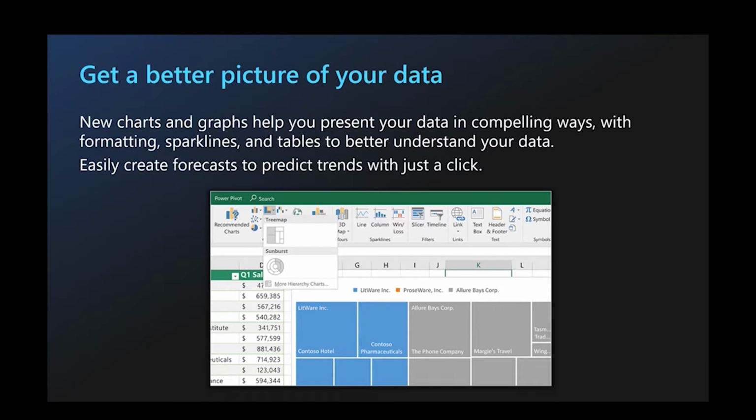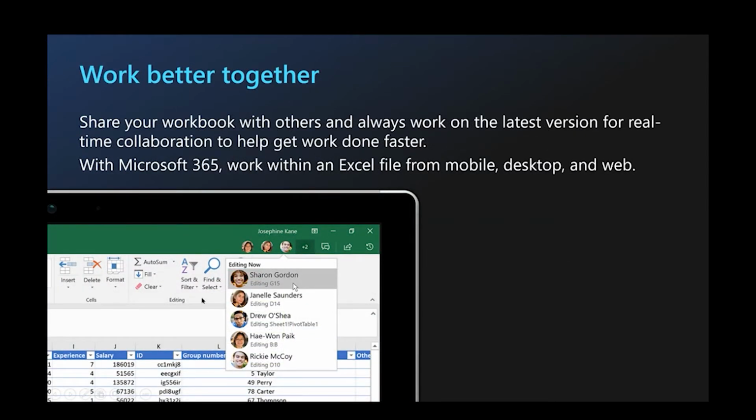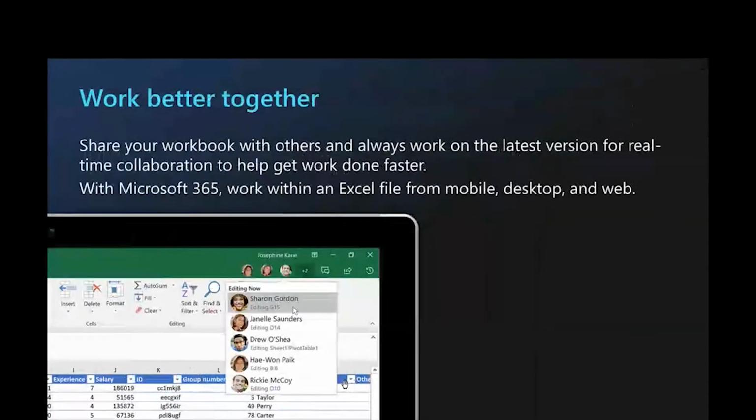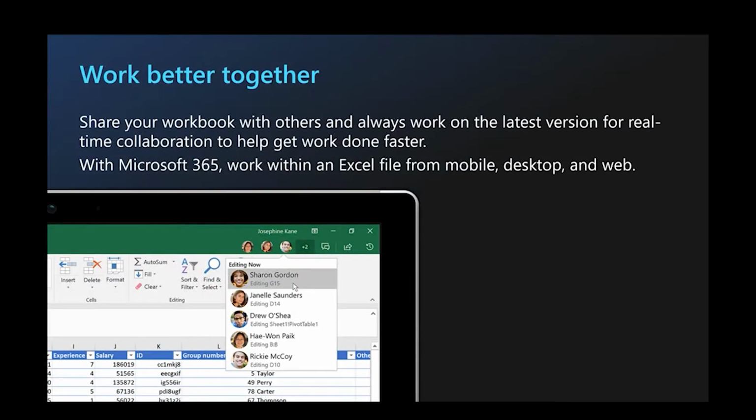But we added a lot of new features over the past few years. We've really upgraded a lot of the charts and graphs, as well as some of the other functionality that you are able to do in Excel. One of those is the ability to co-author on documents. Now, if you've been using Office Online, or Office 365, I should call it, for a while, then you should be used to the co-authoring features. It's across all Office products. But as you can see in this screenshot, there's a couple of people in this document. It tells you what line they're working on and where they are in the document. And you can see them actually typing and making changes in real time.